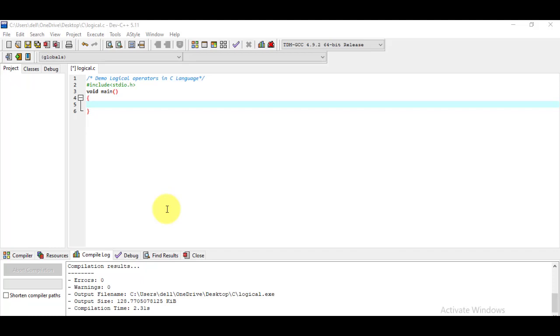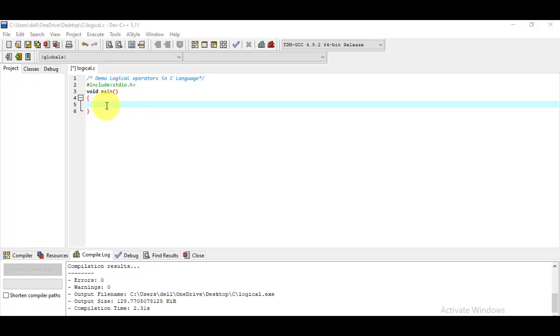Then I have included the header file stdio.h. Then I have declared a function with the name main, as we know that in every C program we must write the main function, because the compilation and execution of a program in C always start from the main function. So that's why we have to write the main function.